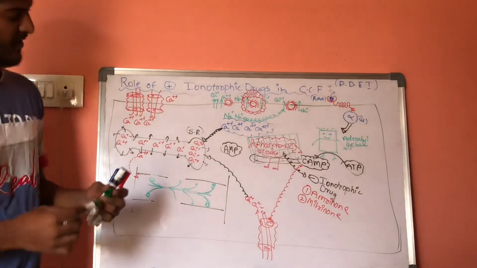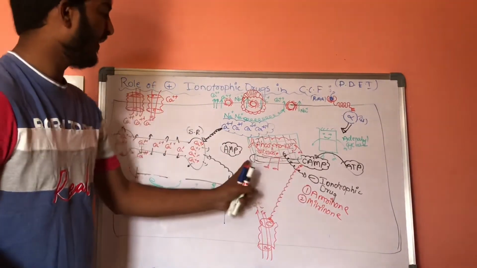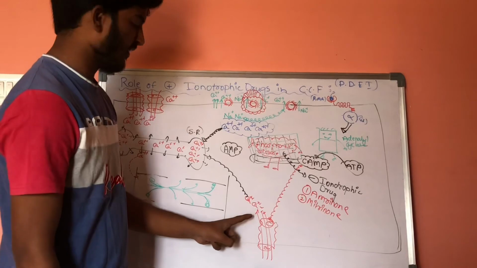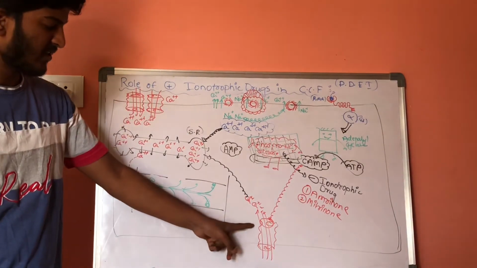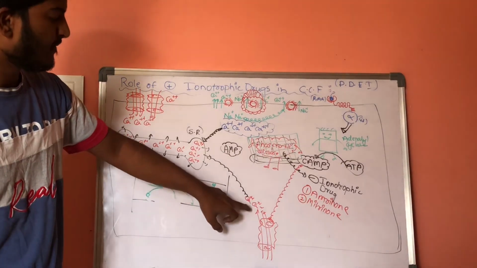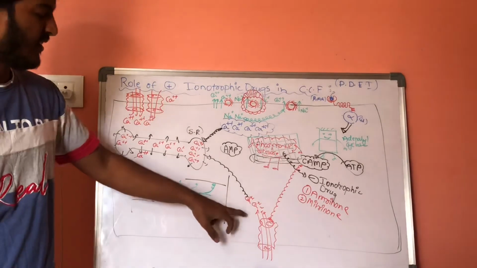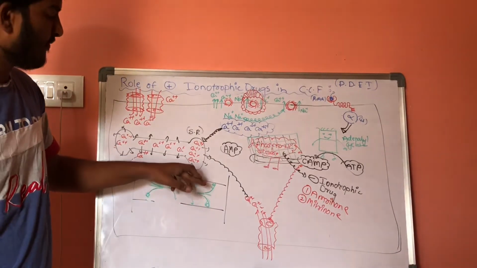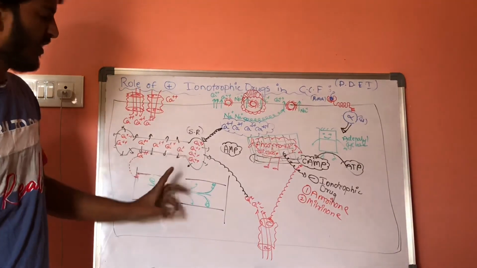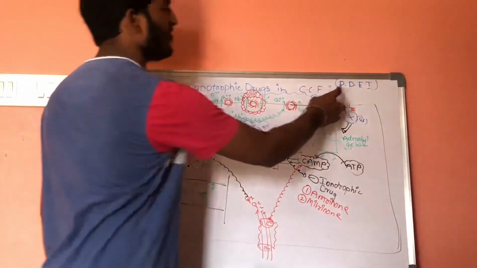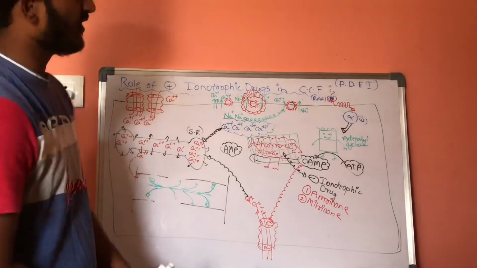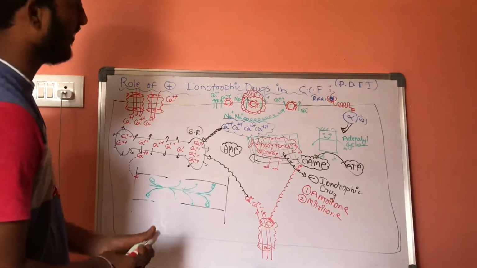If phosphodiesterase is inhibited, the cyclic AMP cannot convert into AMP. If the cyclic AMP remains free, it will open the voltage sensitive calcium channels. Whenever these are open, there will be influx of calcium ions. As there is influx of calcium ions, there will be activation of the sarcoplasmic reticulum and there will be contraction. In this way, these phosphodiesterase inhibitors are useful.